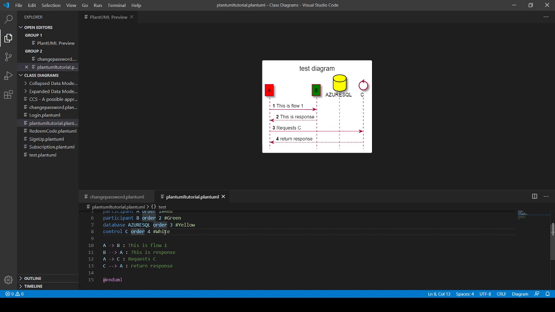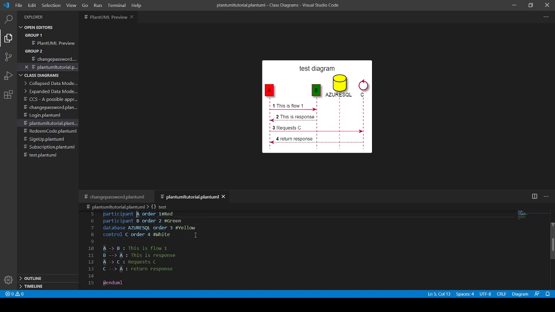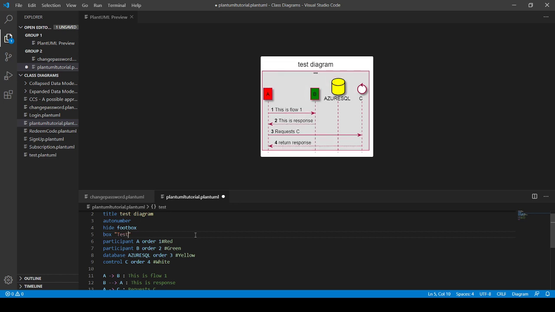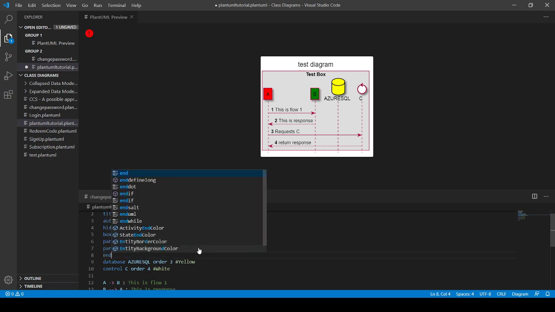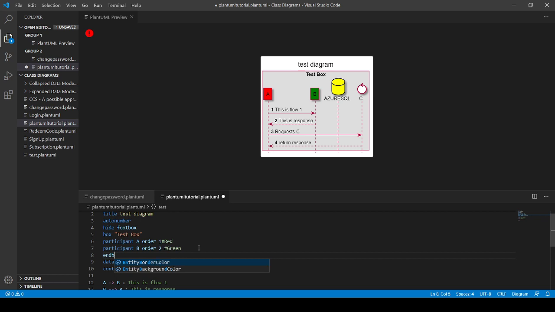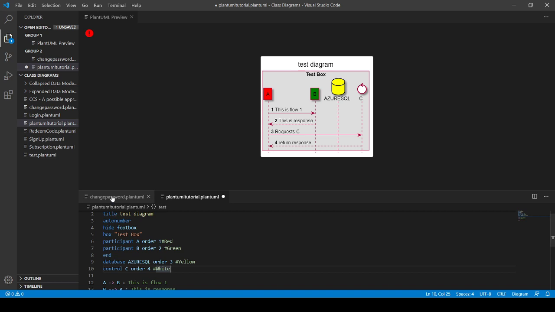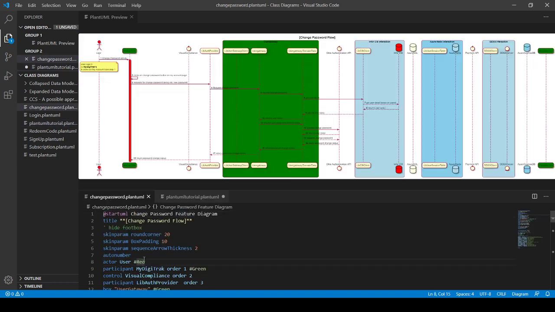Suppose I want A and B in a box, then I can write box, and the name of the box is test box, and then I can include A and B in that, and end box.